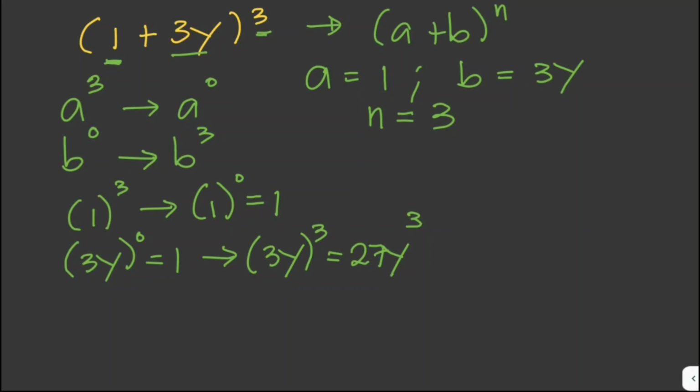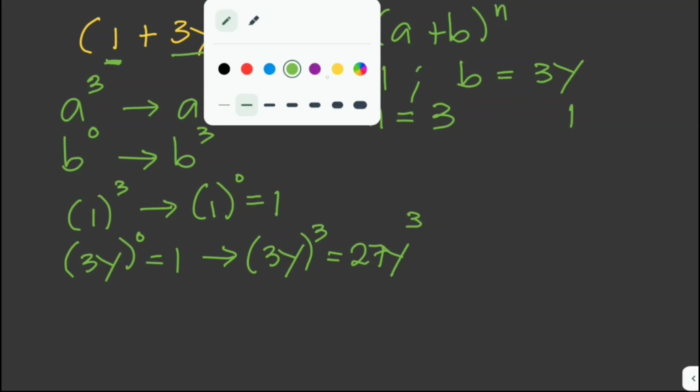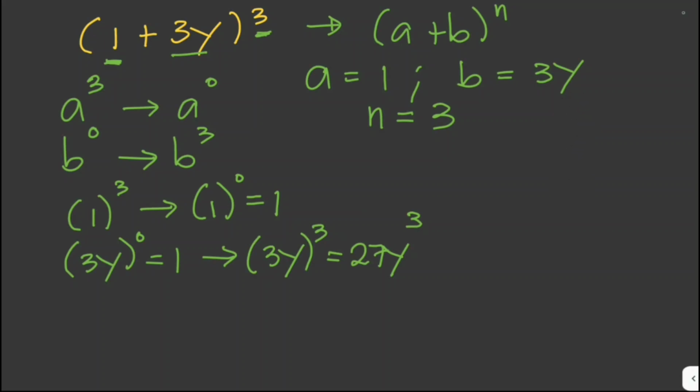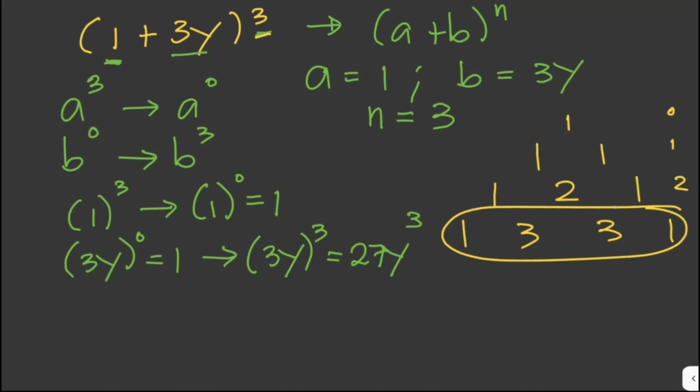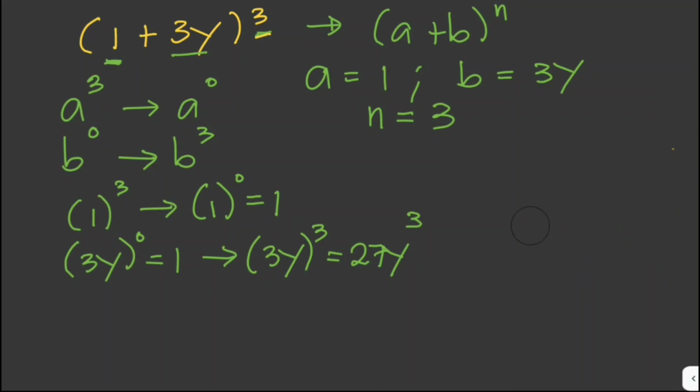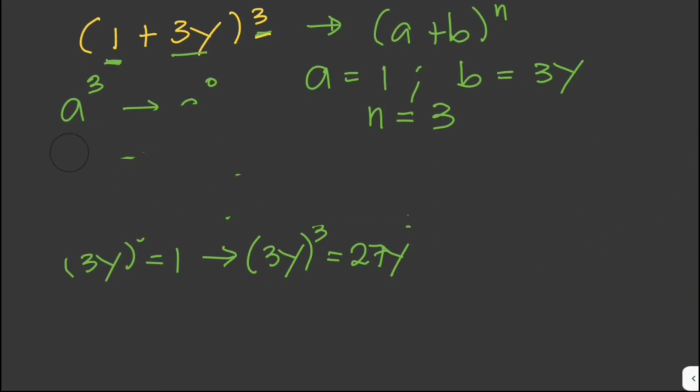Since this is cube, we start with 1, and then 1, 1, 1, 2, 1. So this is for exponent 0, 1, 2, and this one is 1, 3, 3, 1. Since the exponent here is cube or 3, we will use these coefficients. So our coefficients would be,